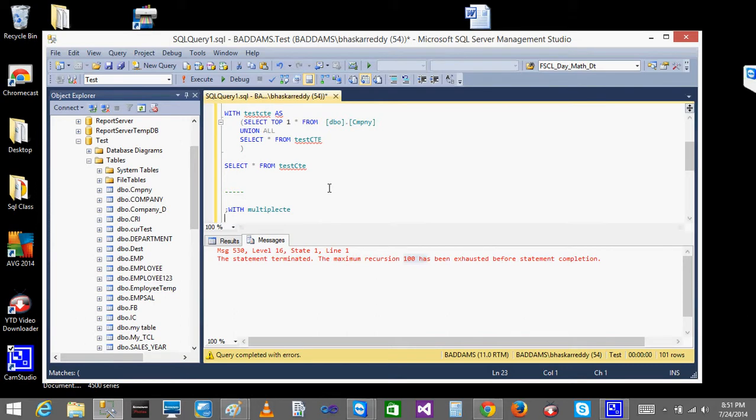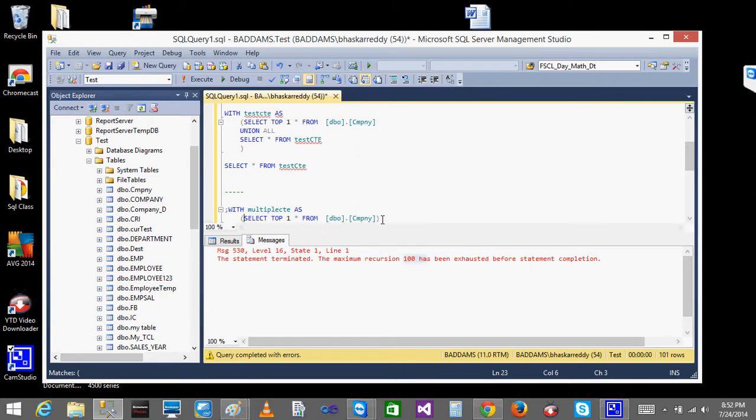When I do multiple CTEs, normally I give AS, and after this whatever I want. Select top one. Control C. Done. Now this is one CTE I have created.